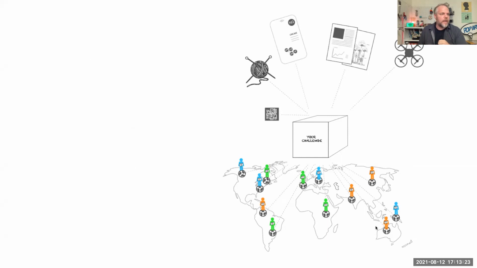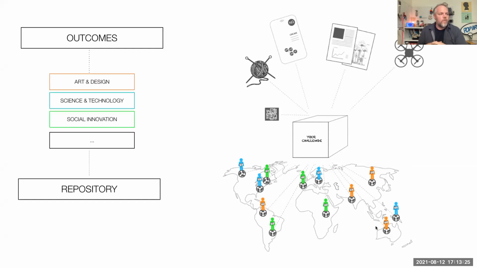They each get this little package, and we can have youth and students and people talking from one side of the planet to the other, working on the same kind of project. Out of it, we can have art and design projects, science and technology projects, social innovation projects, but they're basing themselves around a theme and a common goal. It would be a really neat way to leverage the network. We would start locally, but then you can spread it globally.